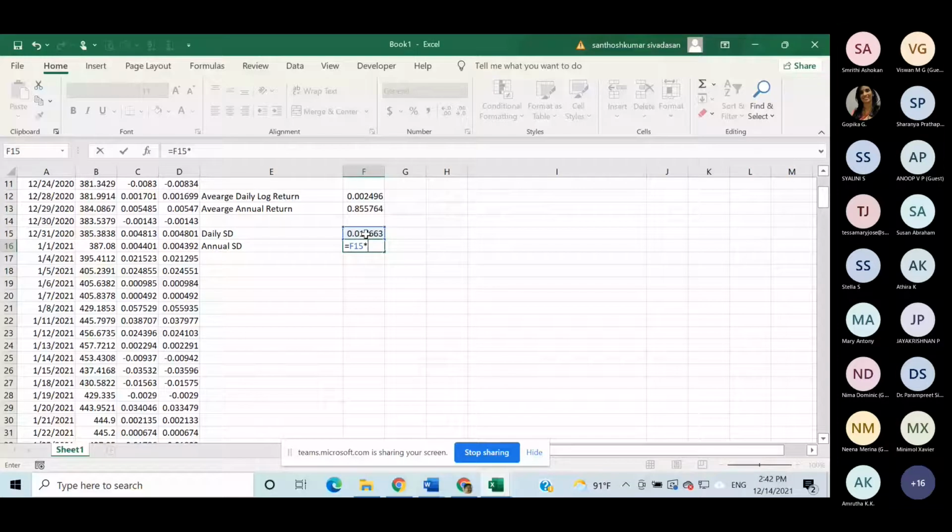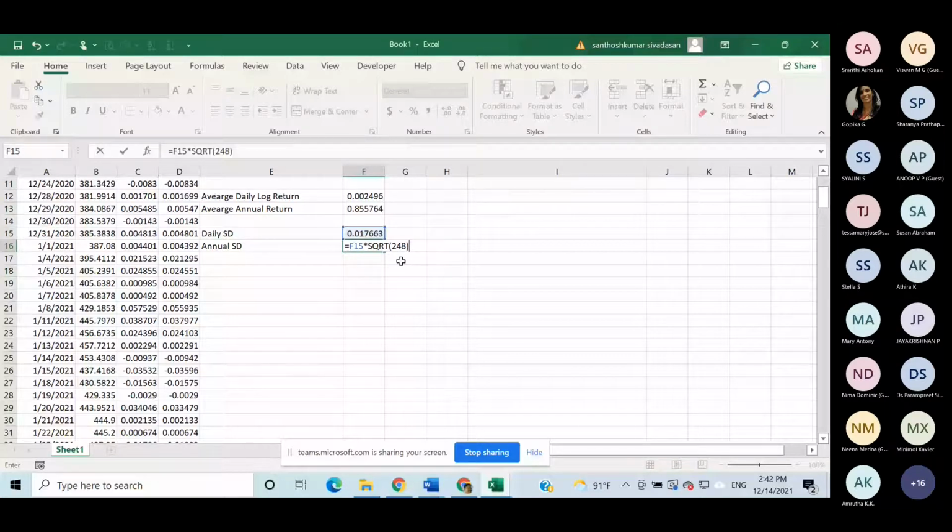You type SQ, you will get a drop down, choose square root. Square root of how many data points here? 248, bracket close. If this was weekly data, you take square root